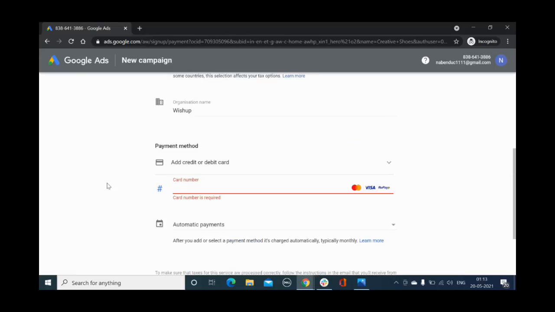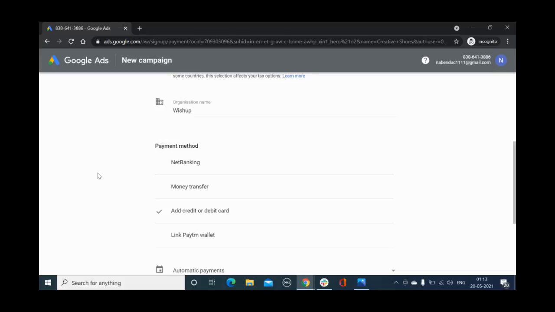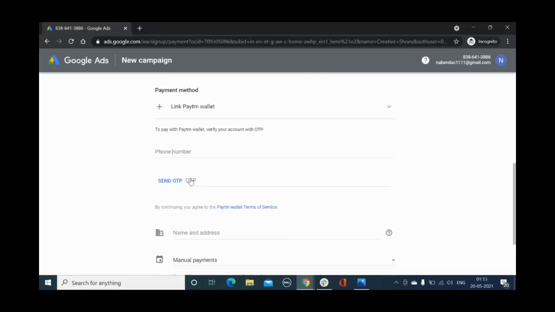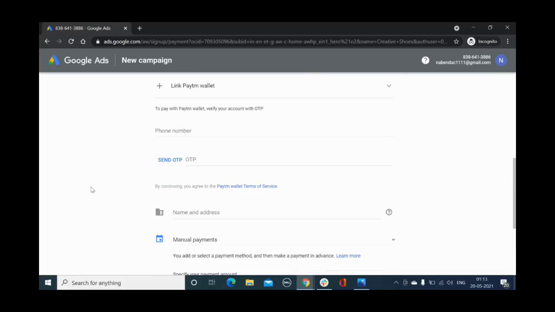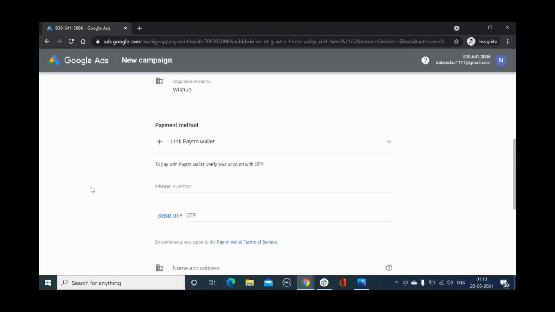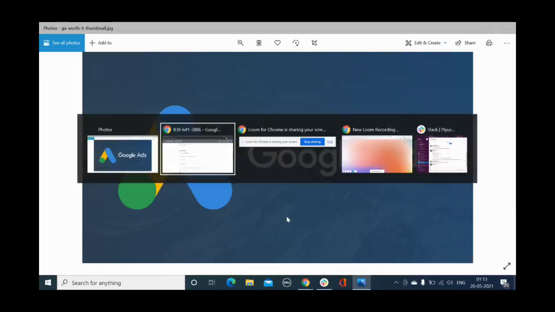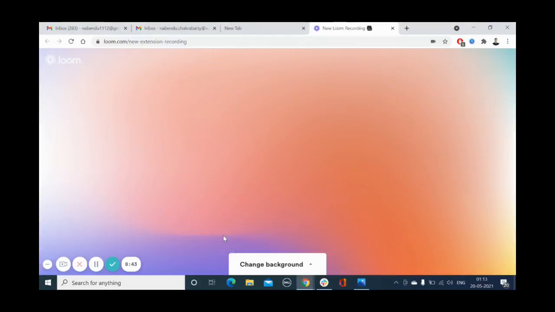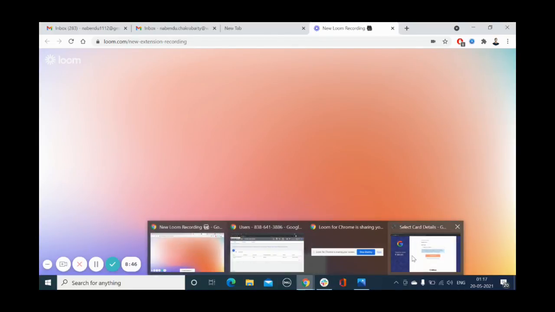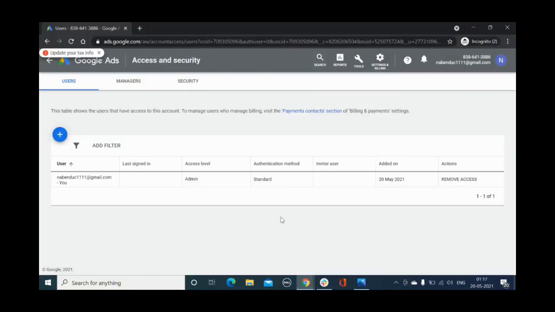Okay, so looks like I have to type a payment method here or link Paytm wallet. So I'm just going to type my phone number and confirm it with the OTP. Okay, so this setup is complete.